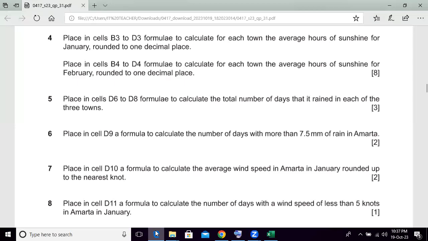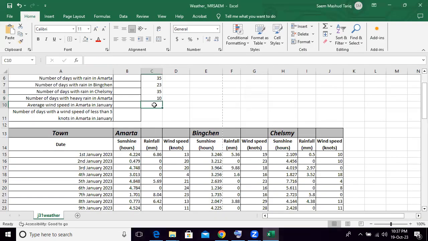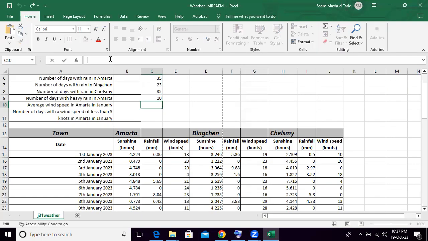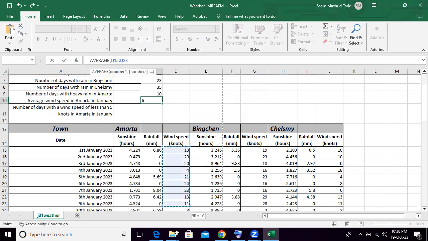Next, place in cell D10 a formula to calculate the average wind speed in Martha in January, rounded. So in D10, the average wind speed. So you see your wind speed. Yeah. That's it. Average wind speed in Martha, rounded. Fine. Okay. So just use average wind speed